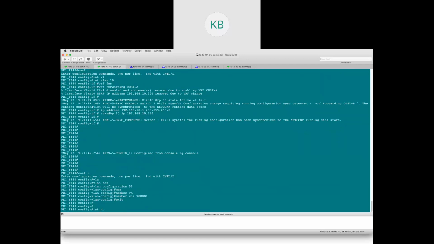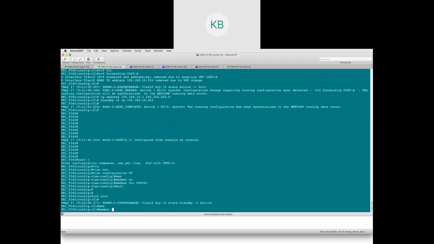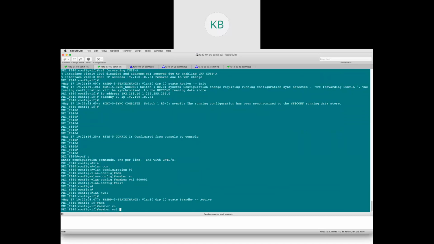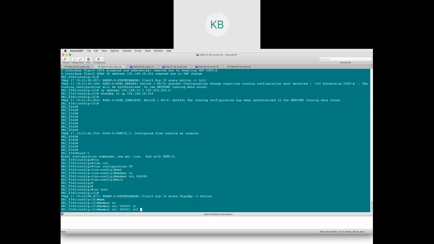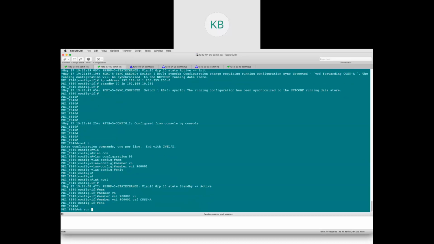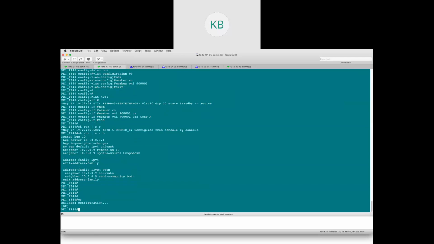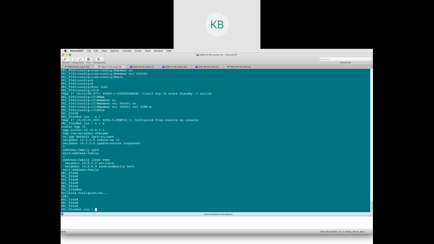And then finally, in the interface NVE1, which is my overlay interface, I need to configure member VNI 900,001, similarly to what you have done for layer 2. In addition to that, you don't define a multicast group, but you define the VRF name here, customer A. Under the BGP, I'm going to configure nothing extra. The BGP configuration for layer 2 EVPN remains the same. So if I look at the configuration, what I have done specifically for the layer 3,